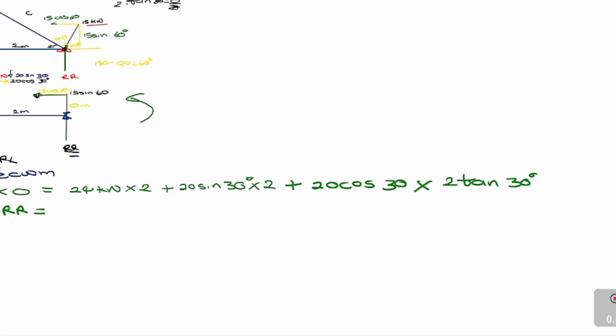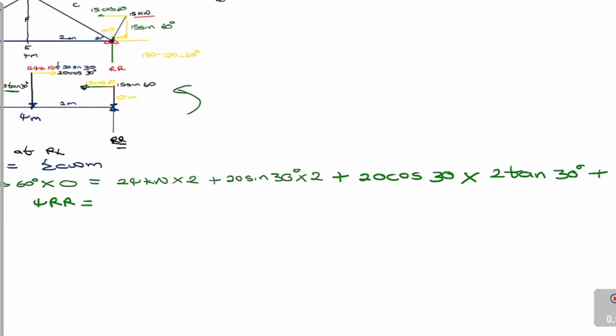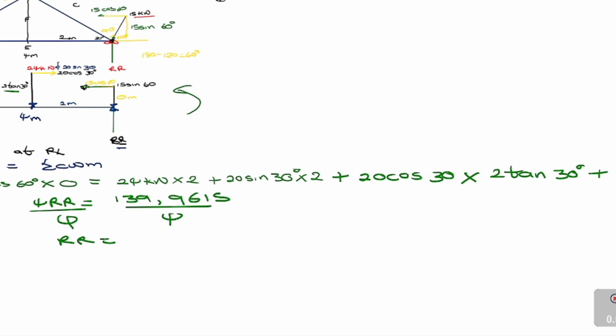I forgot that, so you shouldn't forget that. Vertical component of the wind load, which will be plus 4 times, right, because it's acting 4 meters away, 15 sine 60. Okay, I know this is not the best calculation, and now what you're supposed to get is 139.9615, and then if you divide both sides by 4, which you don't have to show in the exam, you can just say RR is equal to,